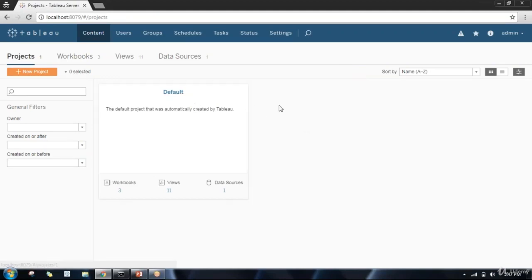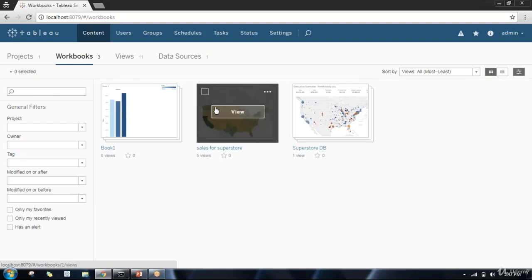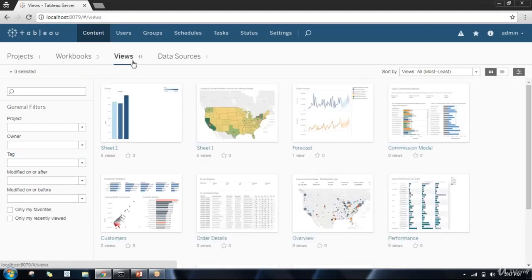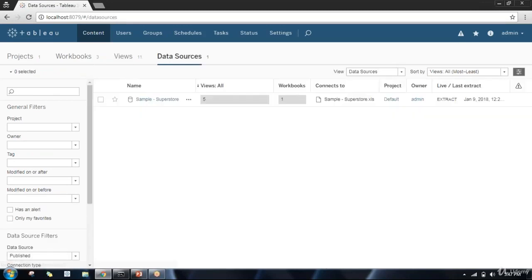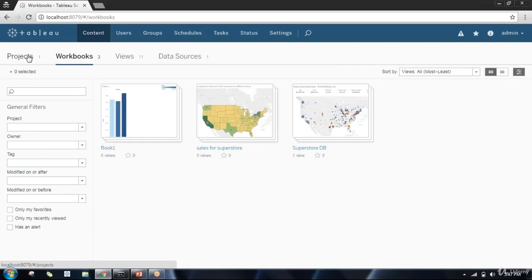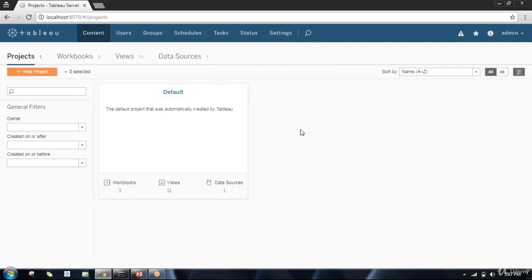Inside the default site, we can see what content we have on Tableau Server. You can see we have one project created on Tableau Server. That project contains 3 workbooks, a total of 11 worksheets, and one data source. Information related to workbooks, views, and customization of those workbooks with respect to edits, permissions, and site roles, we can get from this. And the overall high level numbers you can see at the bottom: how many workbooks, how many views, and how many data sources are inside that default project.